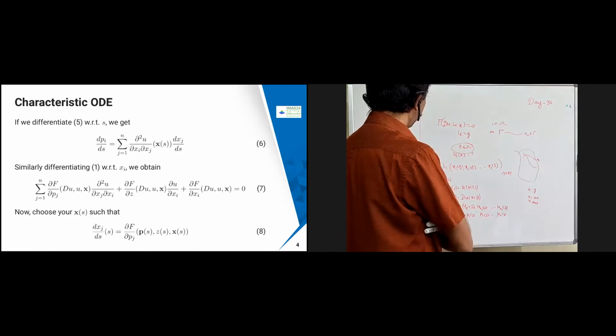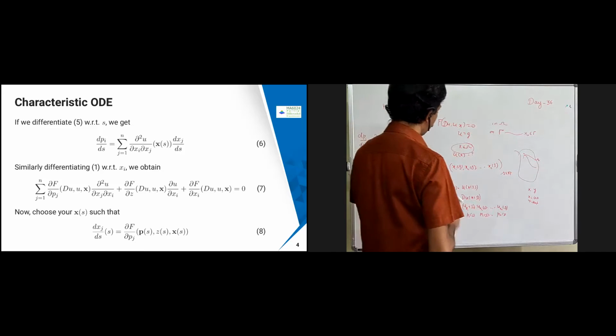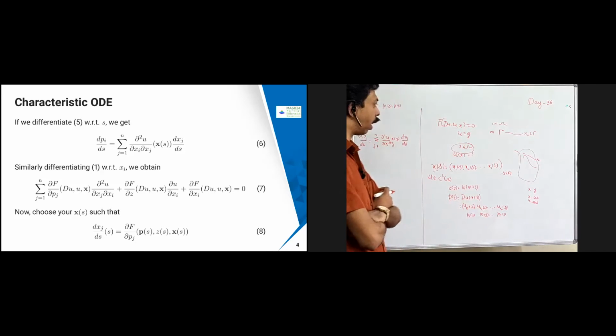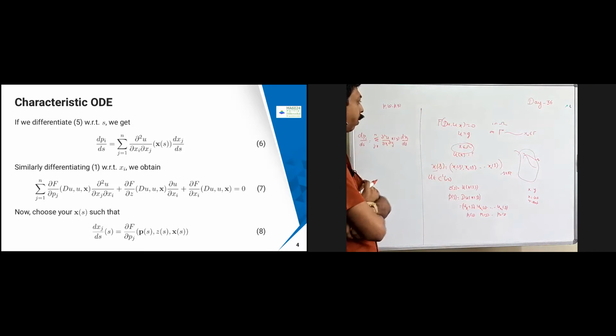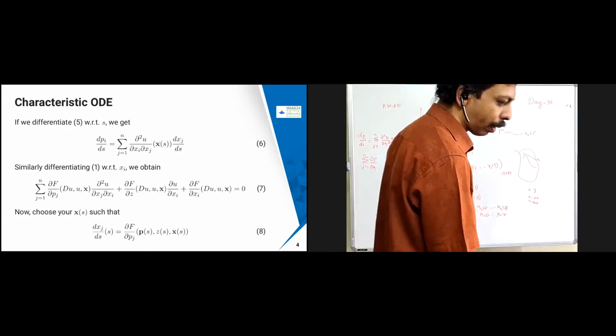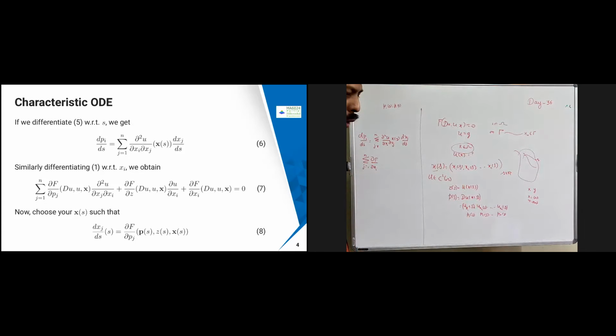Okay. Now we are going to differentiate this one. Sorry, this one. We are going to differentiate the given equation with respect to xi and then see what is going to happen. So if I differentiate that, there are n variables. That's what I am going to get. Summation j equal to 1 to n, dou f by dou pj. First we will go with dou pj and then we'll go for the other one.